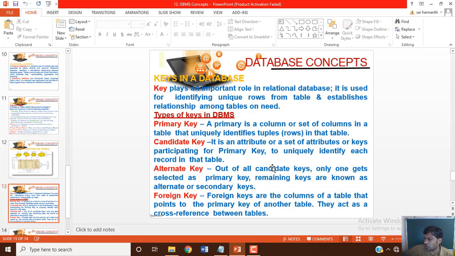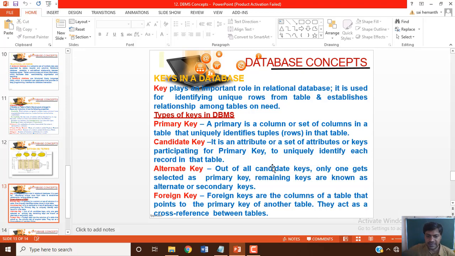For example, roll number along with admission number for a student table: if you are mentioning both, then they can be combined together and declared as a primary key in the relation student. Suppose you are defining two fields, one is roll number and another is admission number. Either you can use roll number individually as a primary key, or you can make the combination of roll number and admission number together a primary key in that student relation.